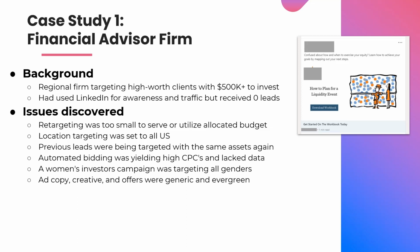The issues that we found when we audited their account: the retargeting pool was too small to serve or utilize the allocated budget. They had all the budget for retargeting, but it really wasn't serving very effectively because they didn't have that much site traffic. Location targeting was set to all of the U.S. Something that we changed was, because they have such a specific buyer, very high net worth clients, and they had a pretty small ad budget, we regionally restricted the ad to certain